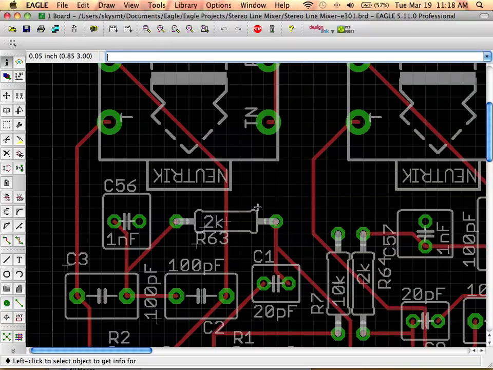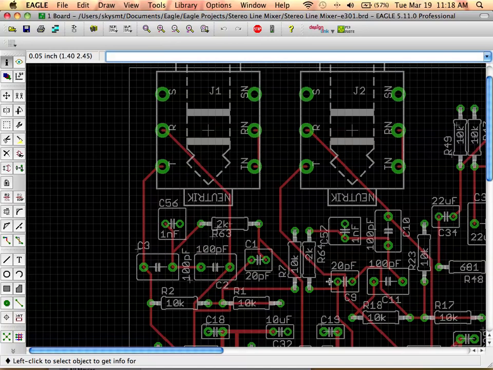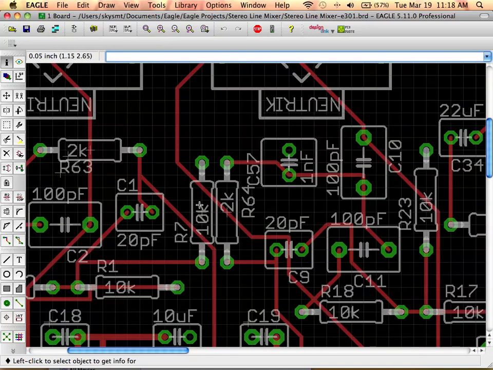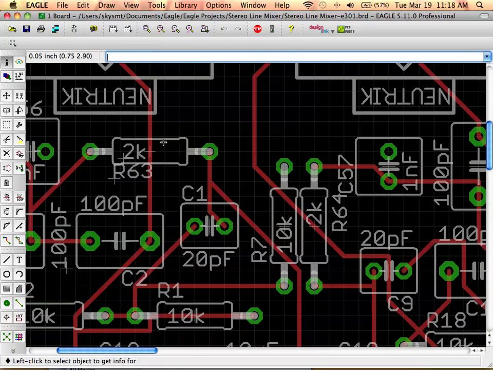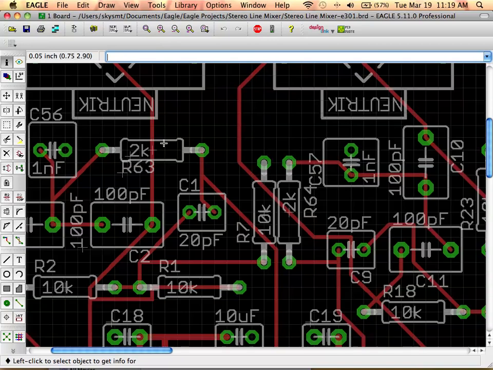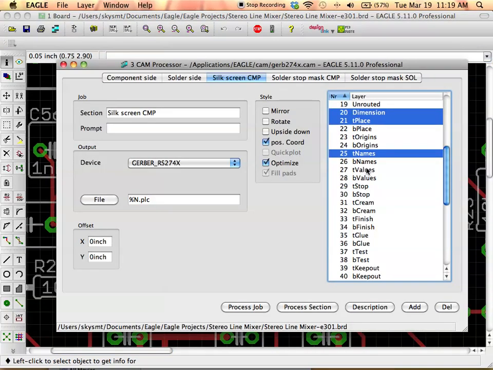What on my board isn't going to show up? So the names are going to show up. The values are not going to show up. I have the values on my board. The values layer is turned off in the silkscreen in the CAM job. In general, this is what's done in practice, is that you don't want to send your board out and it has all the values on there. People usually try to